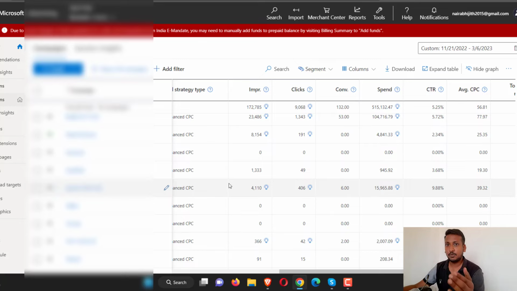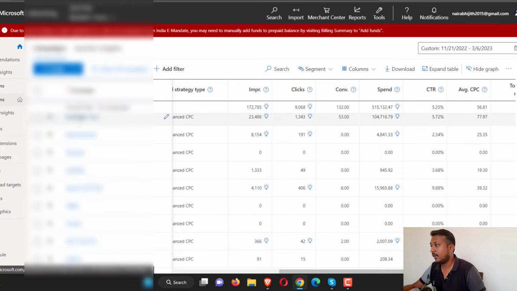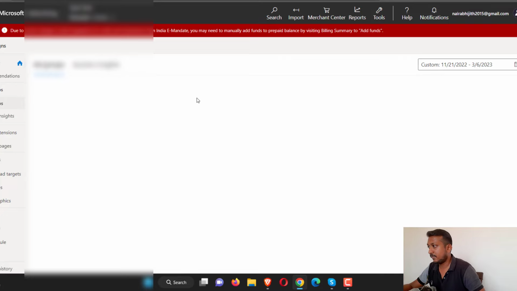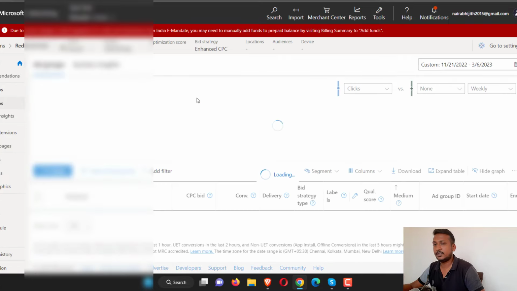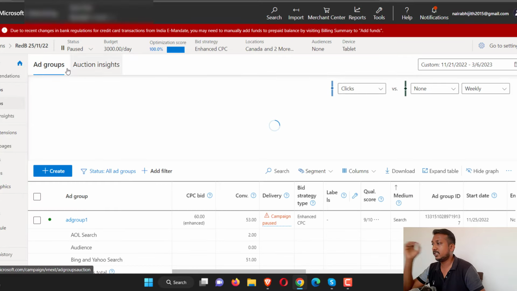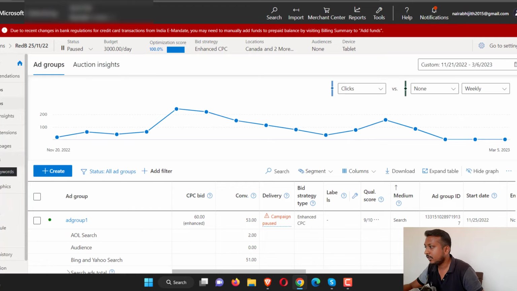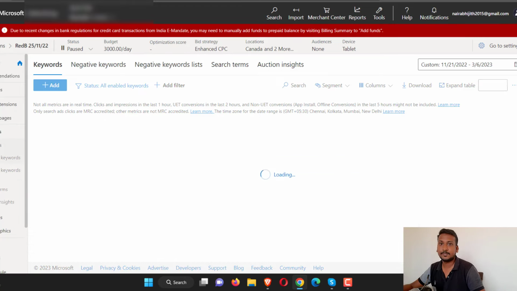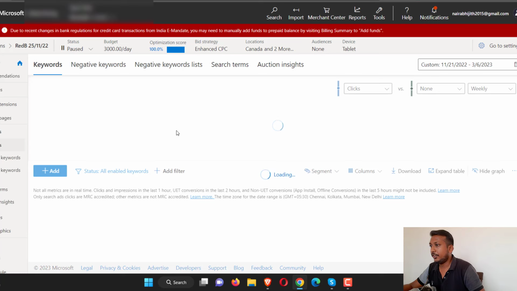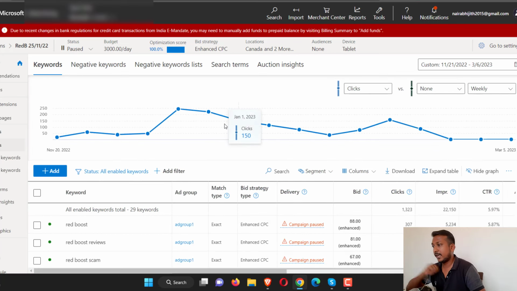So it kind of helps you see what I am doing. And it kind of helps me because I'm not showing you other campaigns, so that others can't just copy paste, because it's pretty easy to do. All right. So if I go and click on the campaign Red Boost, just let it load. It's currently paused. Okay. So if I go to the keyword section here, you will see I have targeted